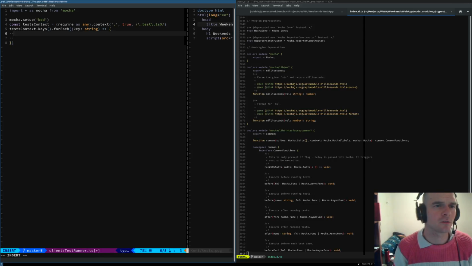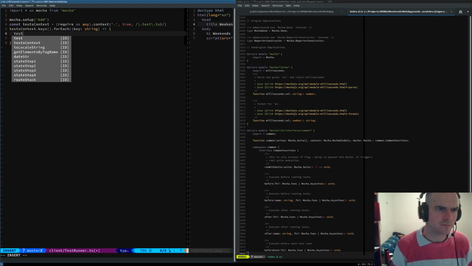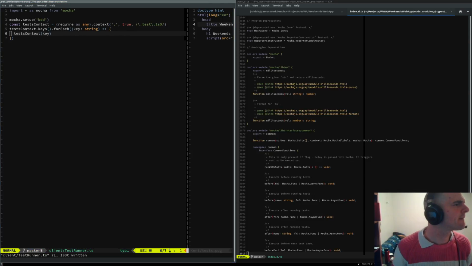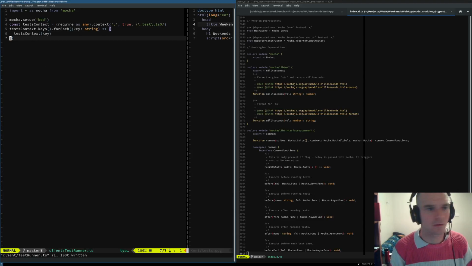And we need to run the function. So test context key. All right, we good. So now that we've got these test contexts, this is playing hell with my Lisp.